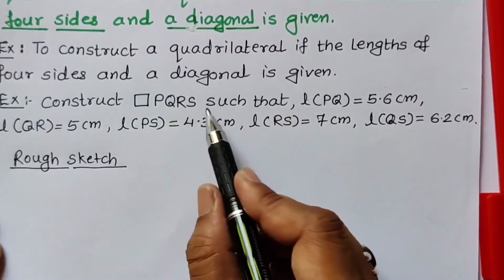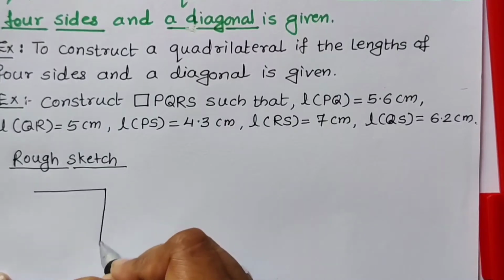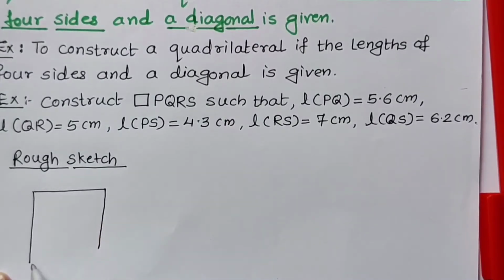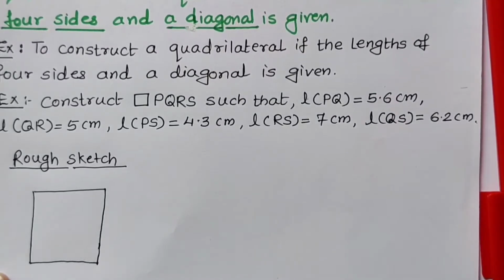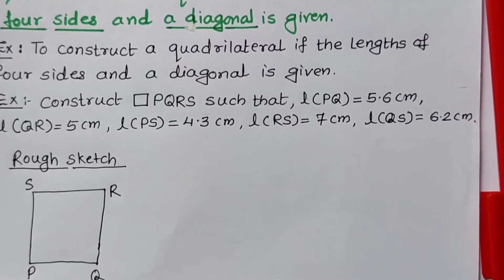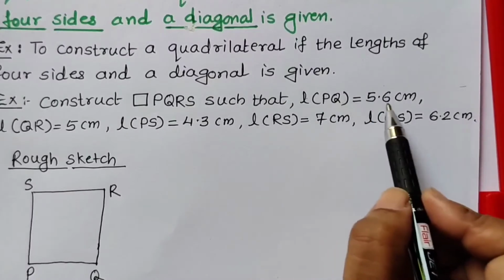As we have to draw quadrilateral PQRS, I am going to draw any quadrilateral PQRS. You see, I am using only my hand and my pen, and I am drawing a quadrilateral PQRS and giving it the name PQRS. So this is my quadrilateral PQRS. Write the vertices in proper order. If you are writing clockwise, you have to write clockwise, and if you want to write anti-clockwise, you write anti-clockwise in proper order.